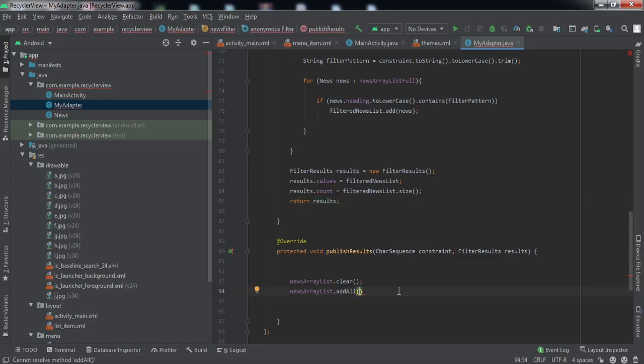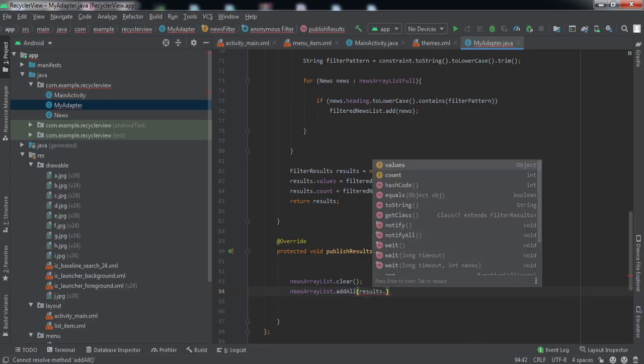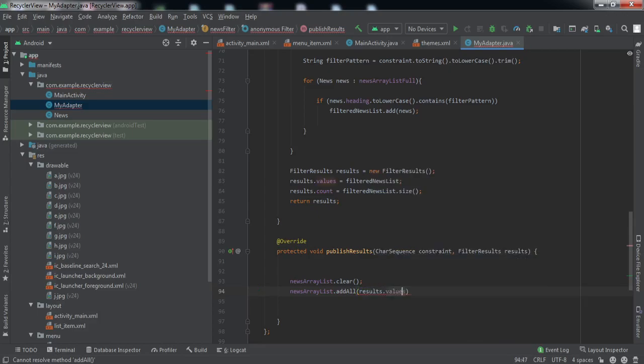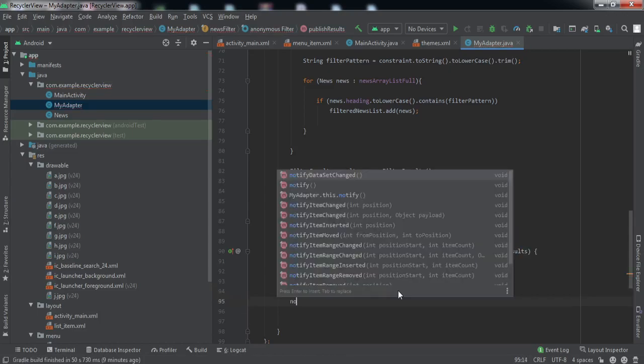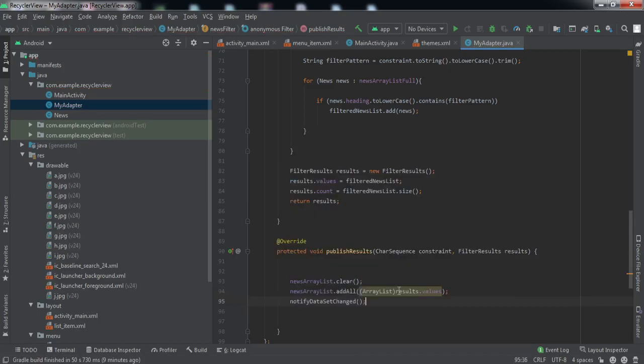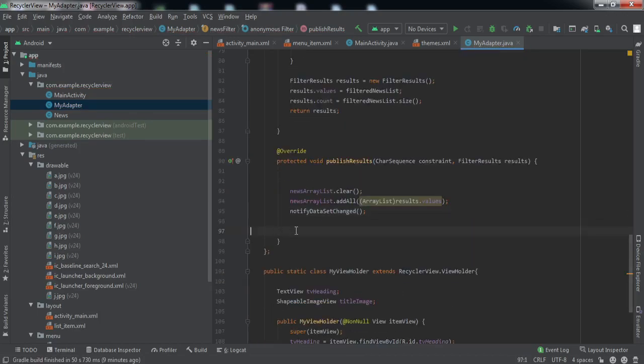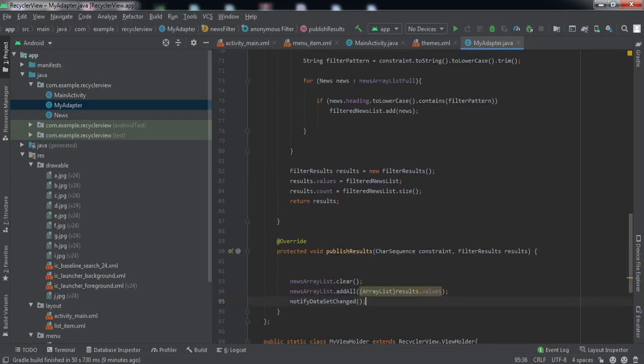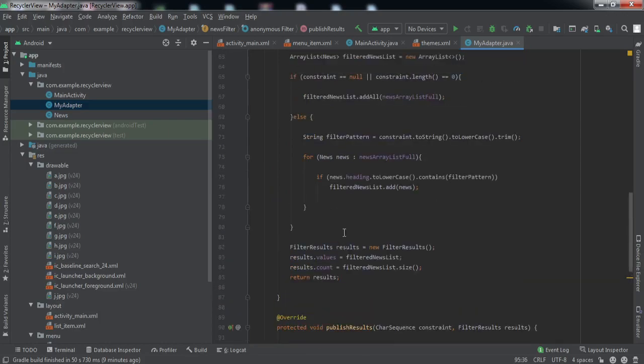So results dot values, and we'll typecast it to an array list, and we'll notify the adapter that the data set has been changed. So that is pretty much everything we need to do inside this adapter class.